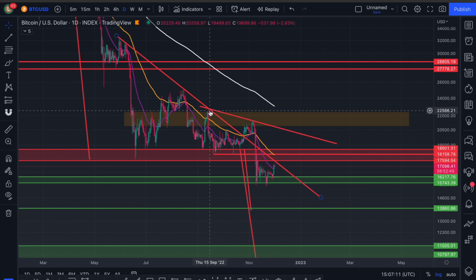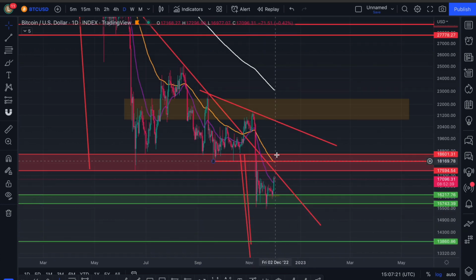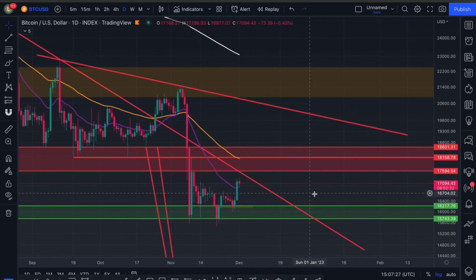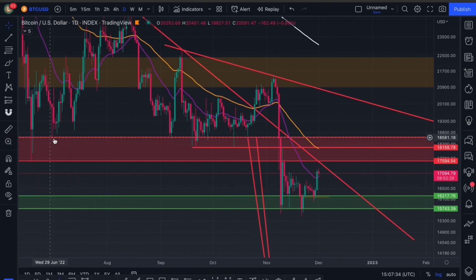So we should not be taking this out. Only if you take this out, yeah, we're going up. If you don't take it out, we're not going up. We're going to try and lose this again, and we've seen that with the FTX event. So that's why I believe that when we come back into this red box, because this is the expected move now, because we've seen this daily candle close above the 20, it's a signal we're coming up to the 55, which was this first ever close below 18.6k, and that wick is at